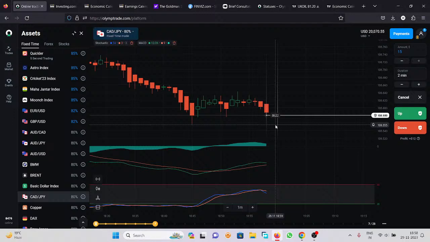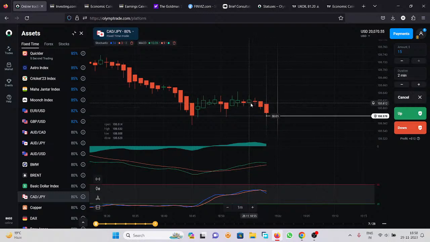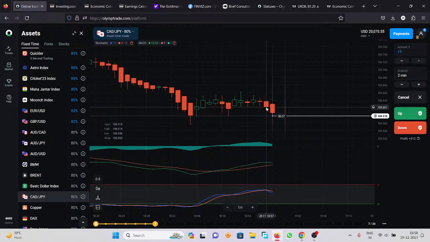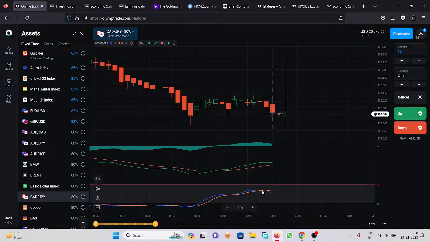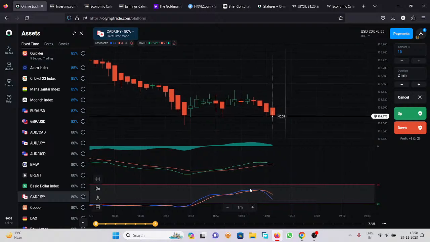So for downtrend, what we need to do? Again, the same recommendation for the recommended time frame is 1 minute. If you wanted to open the trade for a smaller time frame, trading time you can choose from 2 to 3 minutes. Heikin-Ashi candlestick should change the color from green to red. So yes, we have a green candle, the red candle over here. Stochastic should exit from the overbought zone. However, as you can see, this stochastic is not reaching to the overbought zone.